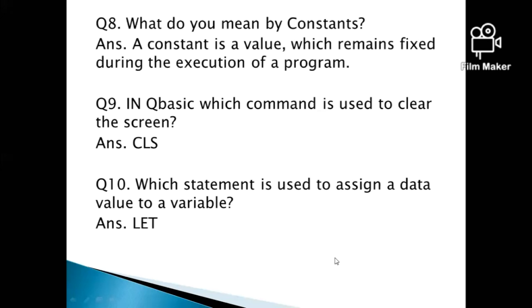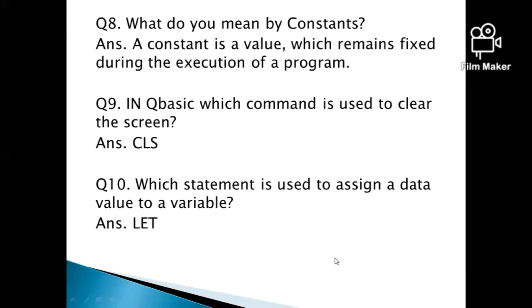It means whatever is written or displayed on the screen, we have to clear all of it. So if we are creating a program in QBasic, we have to use the CLS command, because an eraser is not available in QBasic, and the backspace or delete key is not used to clear the screen. So we have to use the CLS command to clear the whole screen.